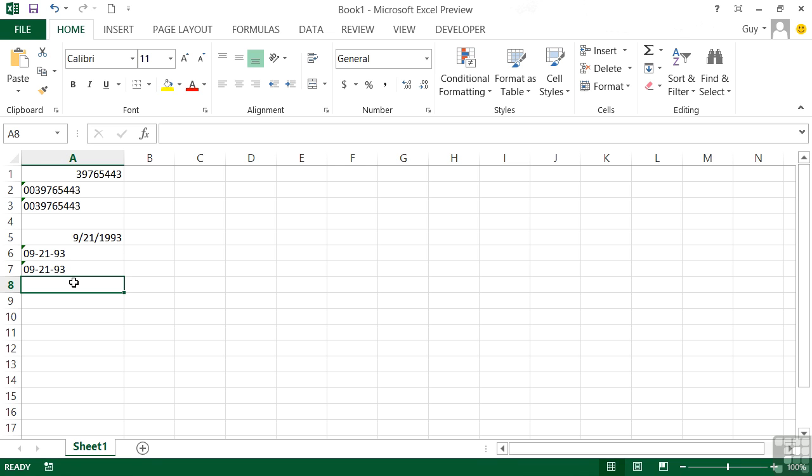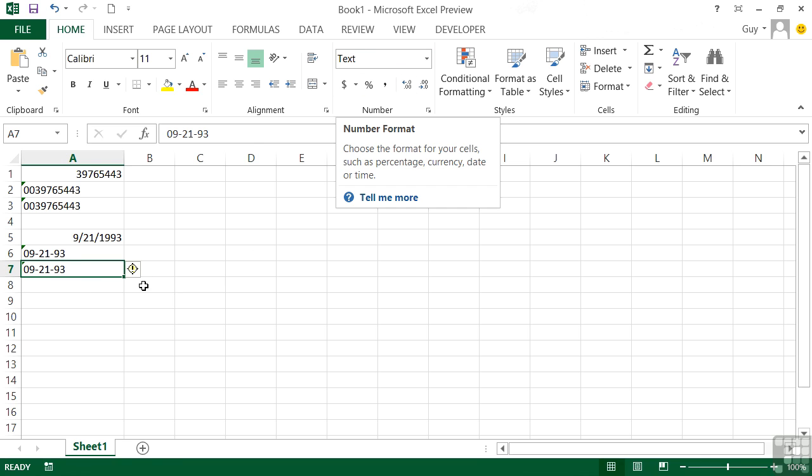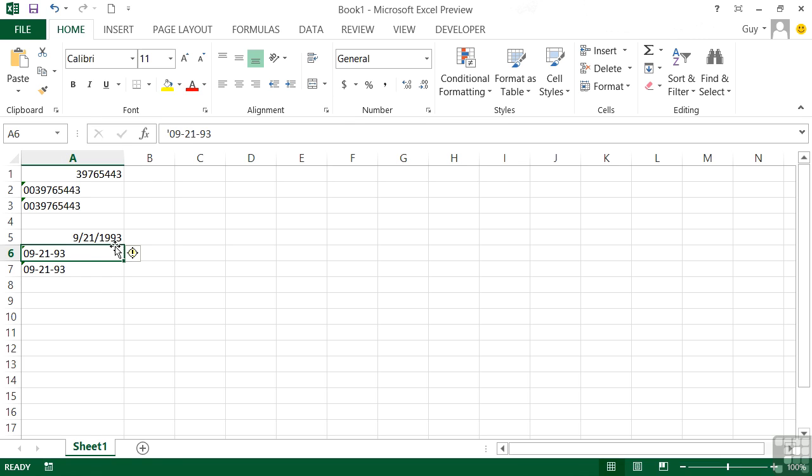Now that pre-formatting as text is quite useful, but on the other side of the coin, if you open an Excel file that has some cells pre-formatted as text and you start typing numbers in and they start jumping to the left and they start not being able to be calculated on, then just check that someone hasn't selected the cell and set it to be text, because that will tell Excel to ignore any number formatting. So it's either the single apostrophe, which doesn't display on the sheet but does display in the formula bar,